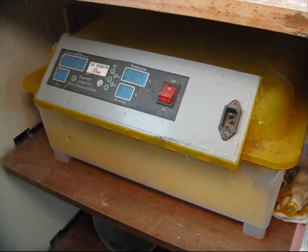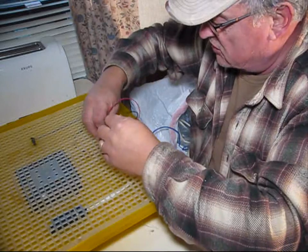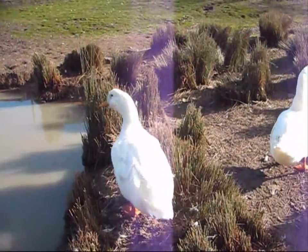My incubator that was given to me by my friend Ken, unfortunately the heating element was burnt out in it. So I'm in the middle of repairing that. I have a new part on order, and of course in those specific parts, when you order them, they're only available from China, and they do come over on a slow boat from China, and I am not exaggerating that. It's going to take a month and a half for that one little piece of equipment to reach me, and then I'll be able to get that incubator operational and start hatching out duck eggs,